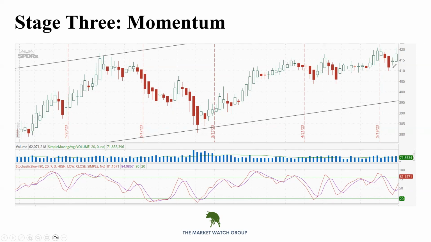So if I started with a stop down here, after the first day I'll be able to move my stop to here. So I take my risk from 409 to 414. I take $5 of risk out of the trade. I might only have had 8 or 9 to begin with. That might be half my risk out of the trade. That's what the momentum stage gives us the ability to do.